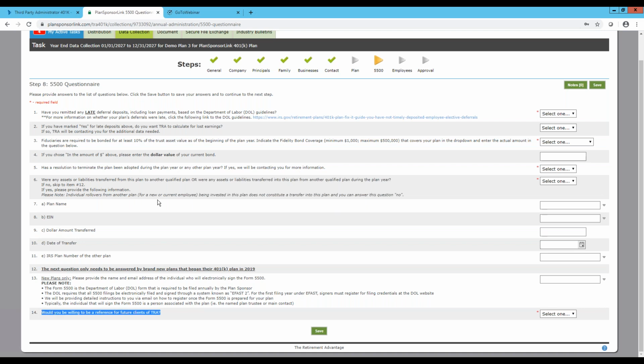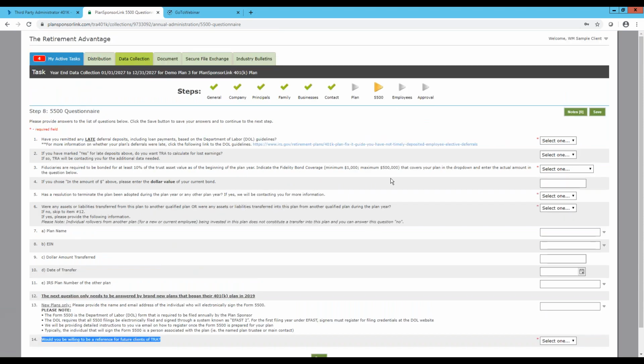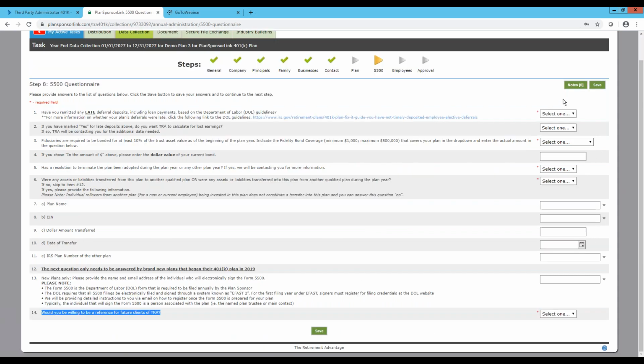And then finally, every year, we feel as though we do an excellent job. At the end of every data collection, we always ask if our clients feel the same way. So if you're willing to be a reference for future clients of the Retirement Advantage, you can go ahead and check yes or no here. There's no penalty for choosing no. It's entirely up to you how you want to choose. It's just that if we have new clients, sometimes they want to hear references. So if you're willing to do that, you can check yes there. You can also add a note and say, I chose that I'd be willing to be a reference, but I want to be notified first, and so on. So whatever you feel